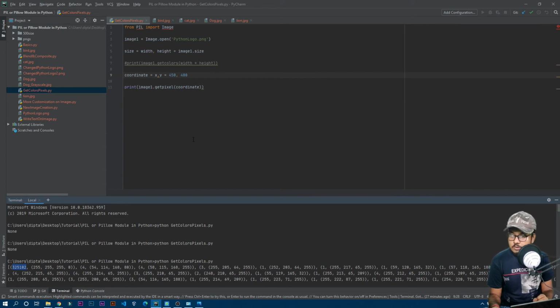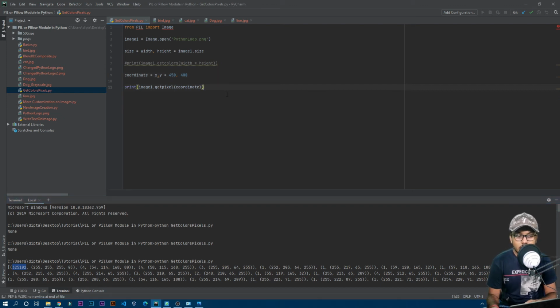But if you use the get data method, it will not merge the similar colors. It will actually show one by one, pixel by pixel. So it will first print the first pixel color, then the second pixel color, then the third, and so on till the end of that particular image. That will be a really huge amount of data, and it will take some time to run the whole code, and that will put a huge amount of pressure on the computer. So I'll not use PyCharm to run that code. I'll just use CMD or PowerShell, whatever terminal you are using.